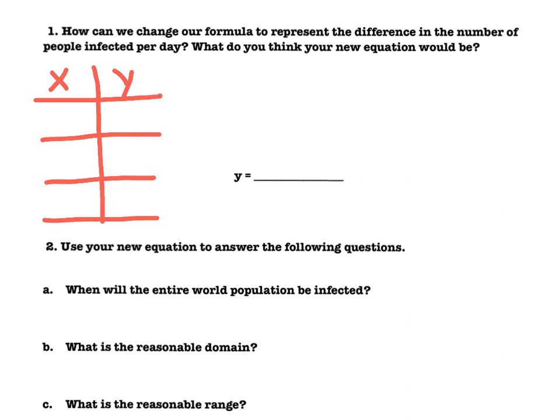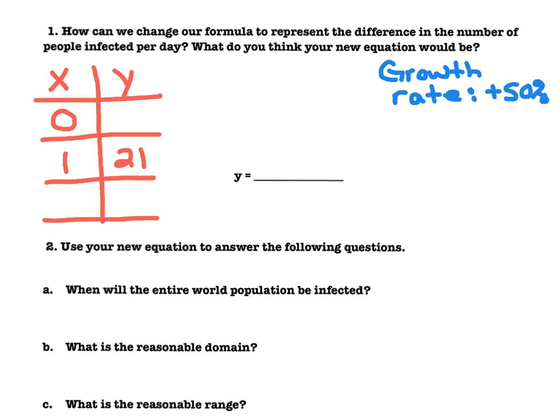So what we know is we don't know where it exactly started, but we do know that today in Alexandria, after day 1, there are 21 people infected. The other information that we've been given is that it is increasing at a rate of 50% every day. So if our growth rate is an increase, that'd be plus 50% every day. So that makes our growth factor,